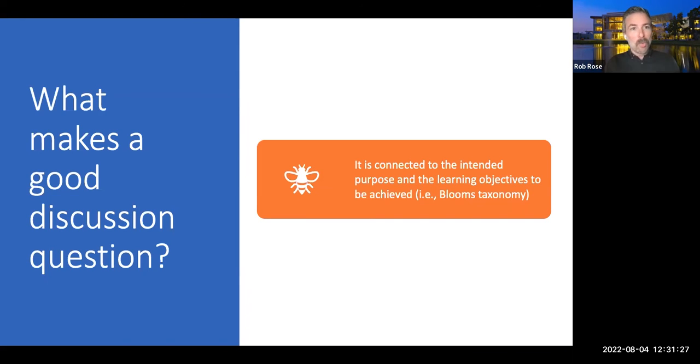And if you've ever worked at length with an instructional designer before, if you've taken our TOL course, this is probably something you've heard before, that we want to encourage taking your learning objectives into consideration in whatever you're doing. But explicitly and poignantly here in this example, it matters what my objectives are before I actually think about, okay, what is the prompt that I'm going to ask students to be doing in this discussion board.